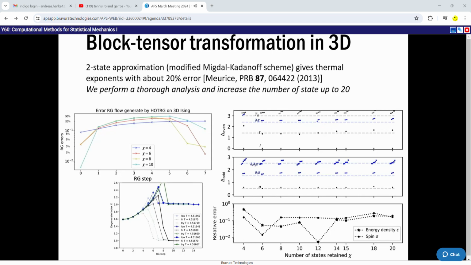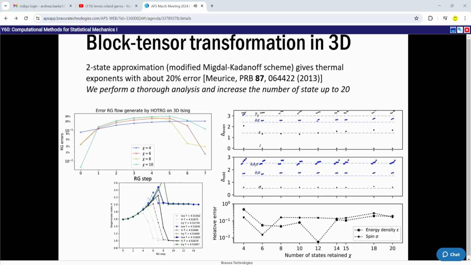And if you just ignore this and do the linearization of RG and get the exponents, here you see that the estimation error for the first two exponents will stabilize when you increase the bond dimension chi to like 20, and it will stabilize around 10 or 20%, which is again not very satisfying. Because here the two-state approximation will only take less than 1 minute on your PC. But if you keep like 20 couplings, you need to use a supercomputer and run for a day, but still you have very similar approximation error.